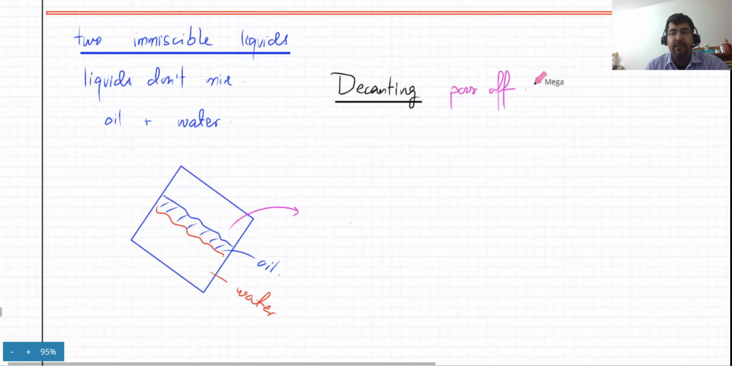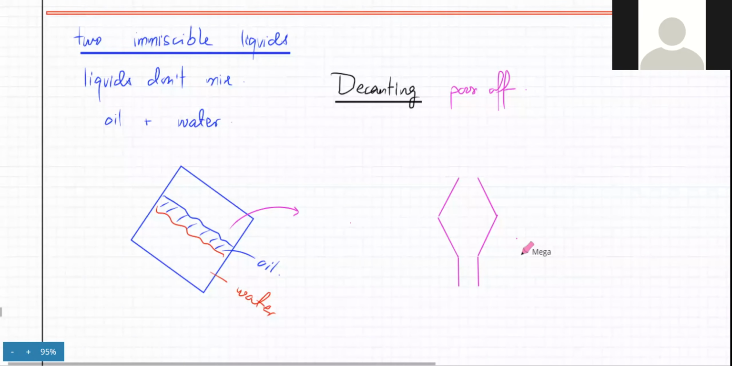Okay, now that's one example, or one way of separating two immiscible liquids. But there's a separate device that's known as a separating funnel. That is also frequently used. The separating funnel is something like this. So the separating funnel has,